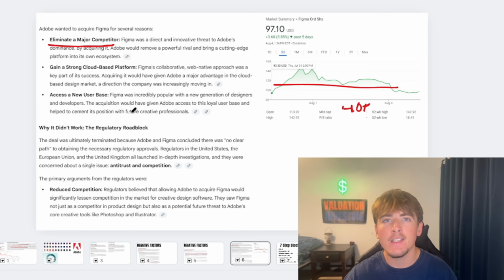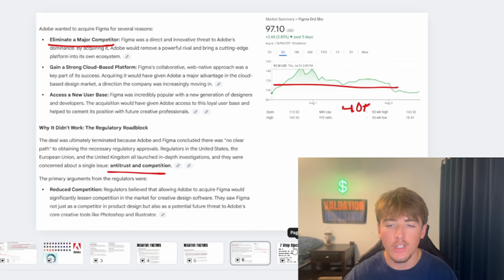But the problem is they were not able to acquire Figma because of a regulatory block. The deal was only terminated because Adobe and Figma concluded there's no clear path to obtaining the necessary regulatory approvals, and there are concerns about a single issue: antitrust and competition, which, if they did acquire Figma, could rule that Adobe could become a monopoly and could potentially hurt the company in the future. So that's why they didn't acquire Figma, but Figma as of IPO has been doing really good, so that could